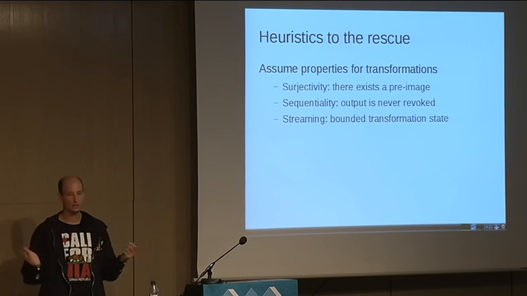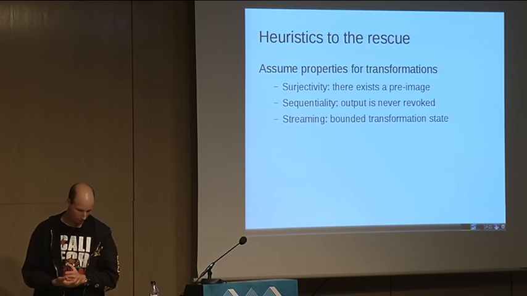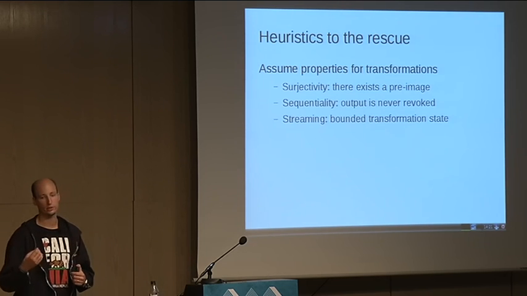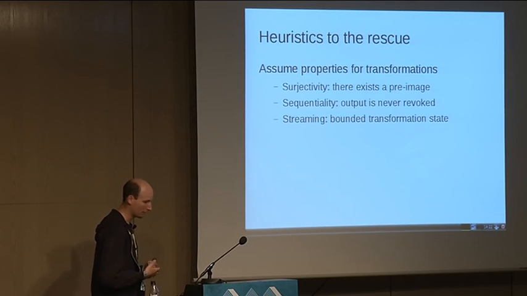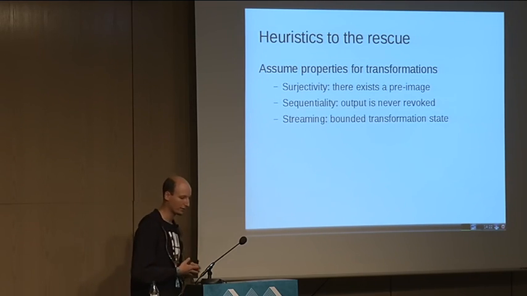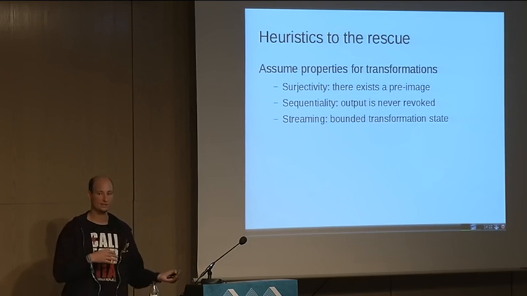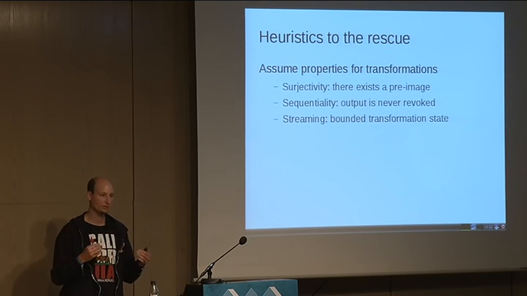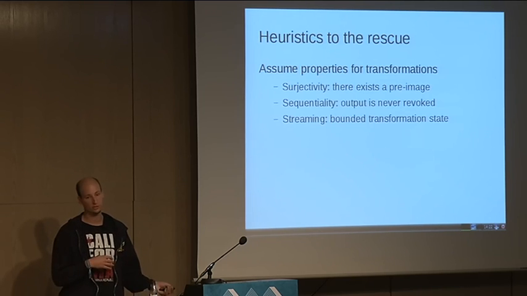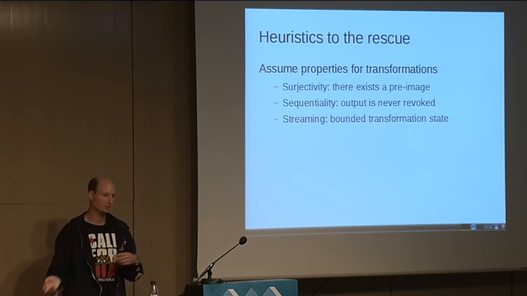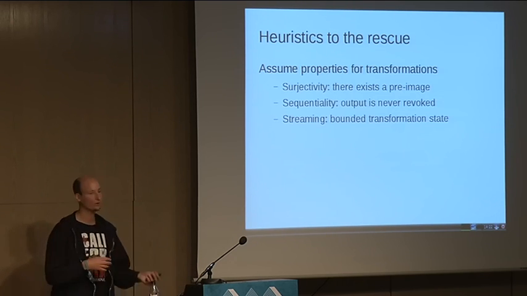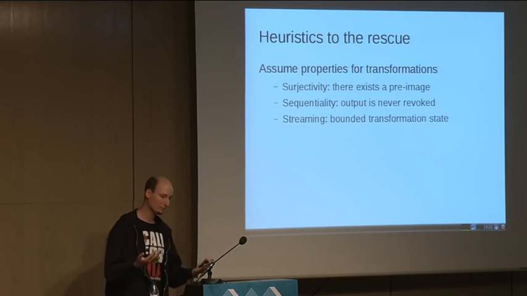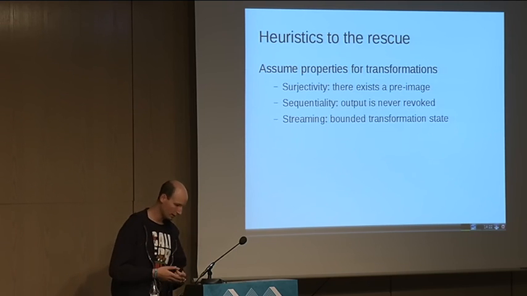And we looked at a whole bunch of code blocks that transform input data in one way or another. And most of the transformations are surjective. So for a compress function, there exists a decompress function. For an encode function, there's a decode function. For image decoding, there's an image encoding, and so on. So we assume that this holds.